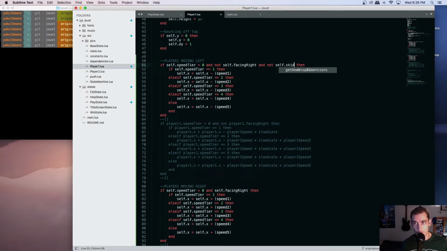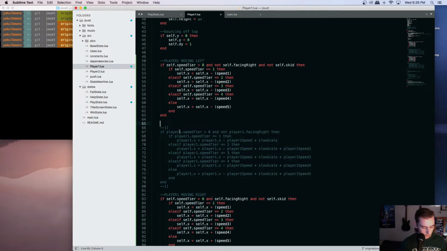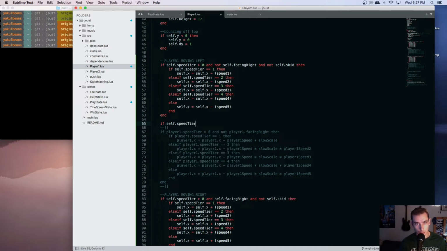So if that's skid, then I guess we would need to add, like, if its speed tier is greater than 1, because it just stops at speed tier 1. It doesn't do the skidding. So if it's greater than 1